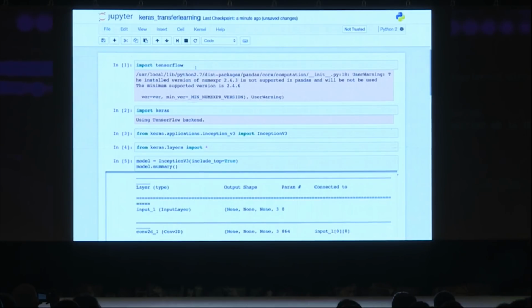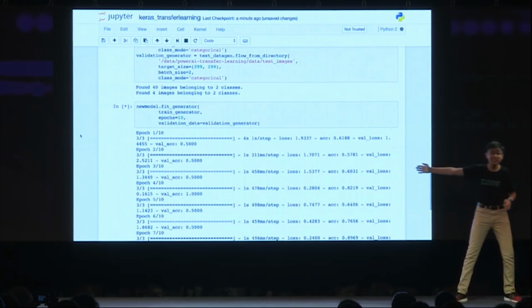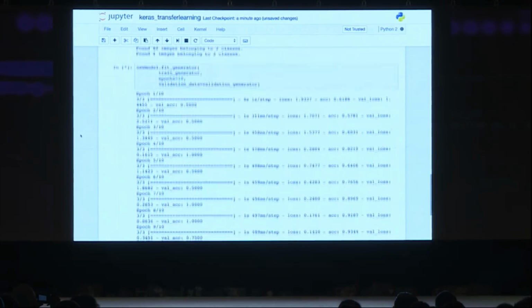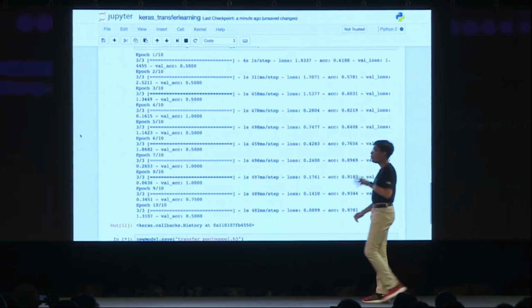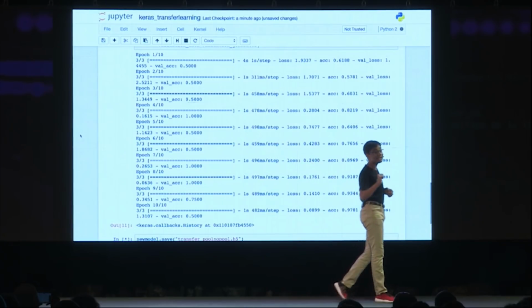As you can see, it's done downloading and preparing that model, and it's even done setting up the data, and it's also almost done training. Again, we're running on Power AI with very little data, and so each epoch only takes around a second. And as you can see, on the fourth epoch, we were able to reach 100% accuracy on the validation dataset.